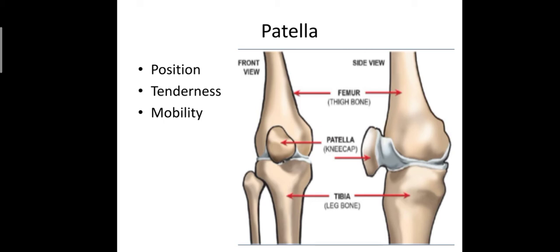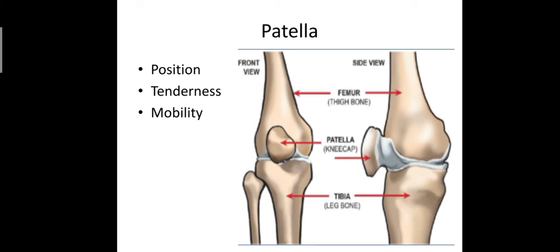So the patella bone is very important. To carry out a systematic examination of the patella: position, tenderness, mobility. Position of the patella: is it high, low or laterally placed? Tenderness: palpate for tenderness over the anterior surface, upper, lower, medial and lateral borders. Push the patella laterally and palpate the surface underneath.